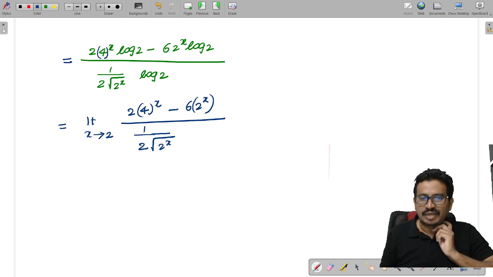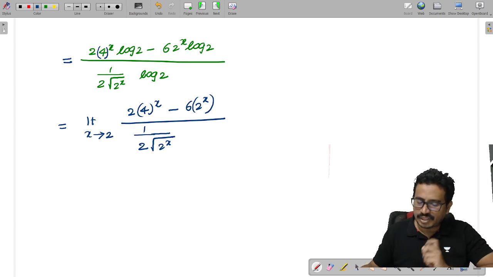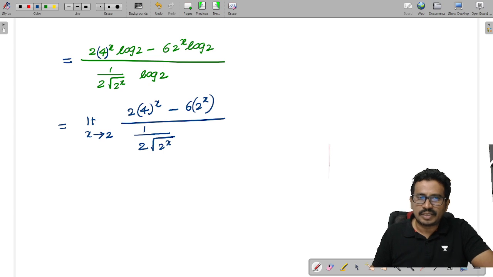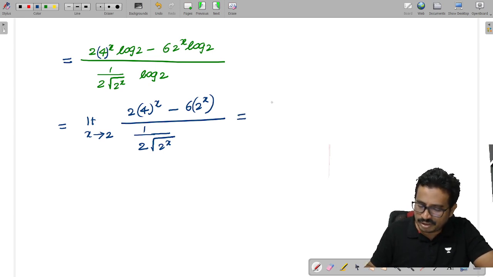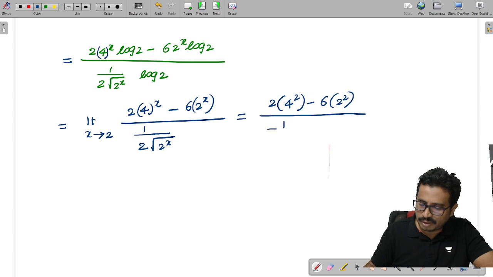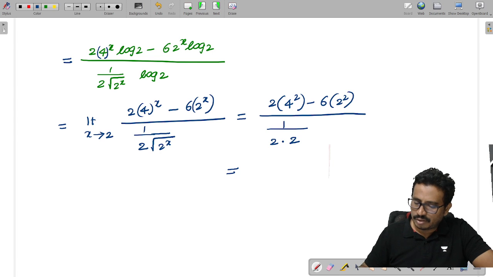Now substitute the value of 2 here. If I replace x equal to 2, how much will you get? You see this thing here. So this is 2 into 4 square minus 6 into 2 square, by 1 by 2 into 2, we'll get 1 by 2, isn't it? So simplify this equation. What will we get now? So here that is 2 into 16 minus